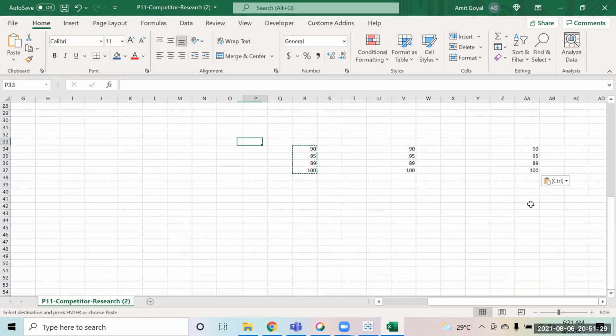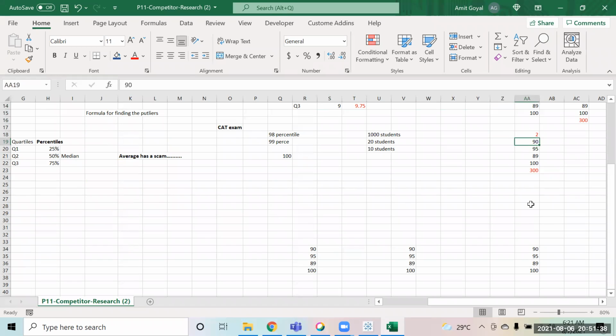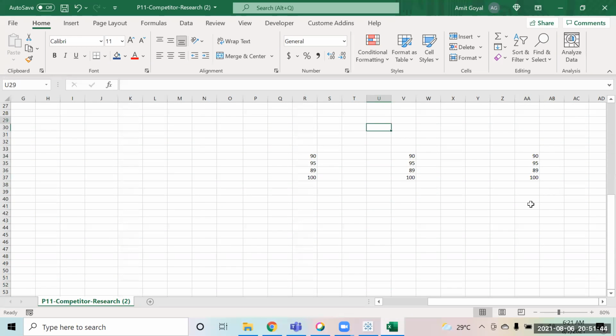Now if I say over here that in this I have one number, let me say these are the numbers that I have. Okay. Now these are the three numbers that I have given you over here. How will you tell me in which range I should consider that this is an outlier, or this is an outlier, or this is an outlier?